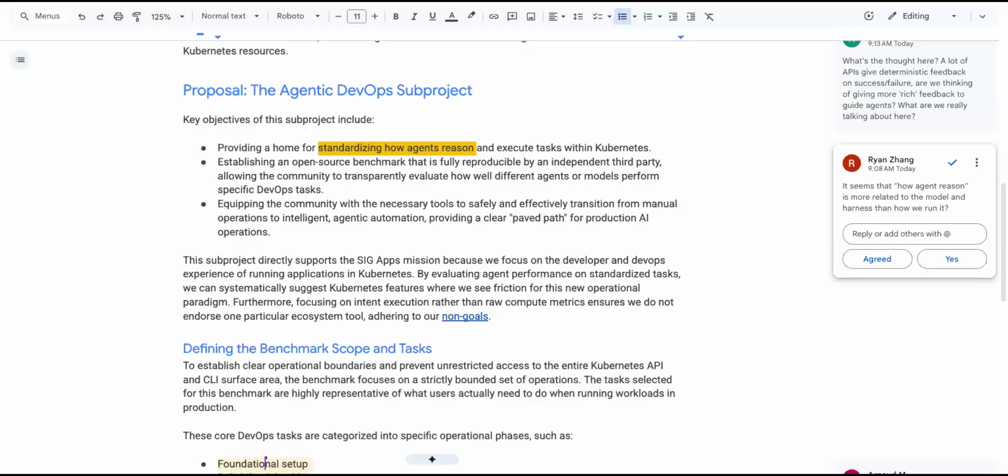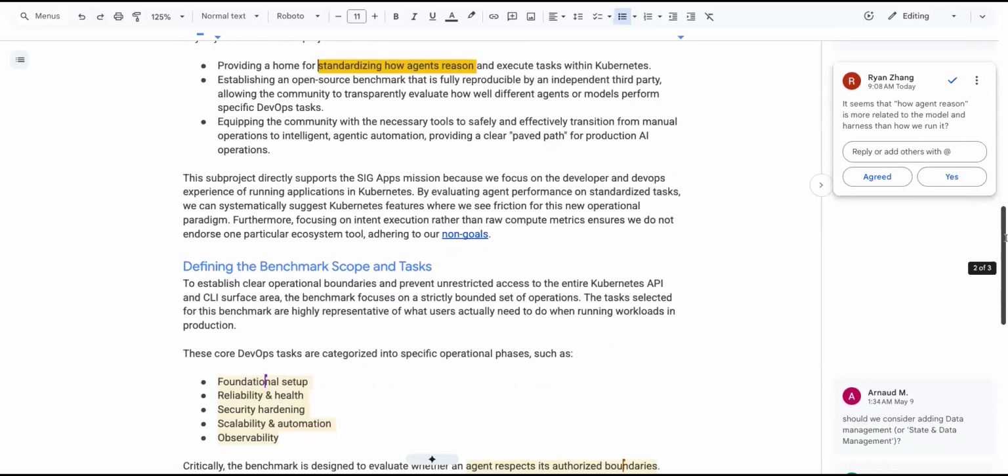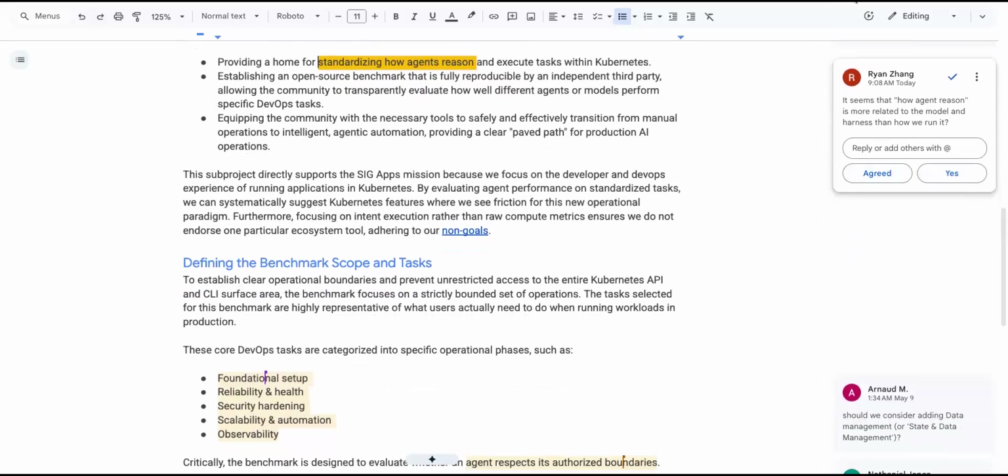Yes, I think I agree with what Ryan is saying there. A lot of the reasoning does come from the model and also the skills and MCP that we point the agent harness itself to. So that's what the whole benchmarking process is attempting to evaluate: a vanilla harness, how far does it go against the DevOps tasks, and with additional MCP server and tools, how does the agent perform? That's what we're trying to baseline and then evaluate on top of.